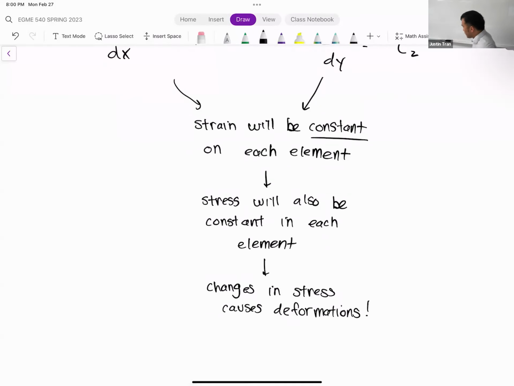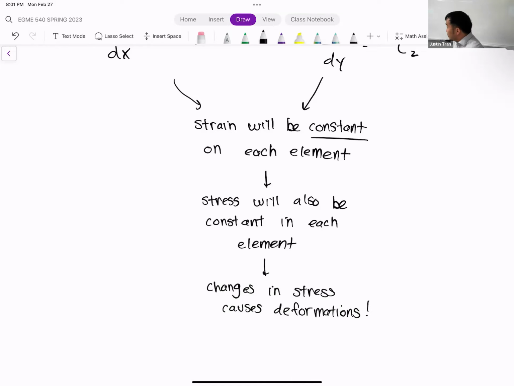And so if you have a situation where each element has constant stress, then it's not going to be able to compute deformations in an accurate way. And so you can see that if you have a linear triangular element, then you subject yourself to this kind of behavior. All right. Any questions on that?